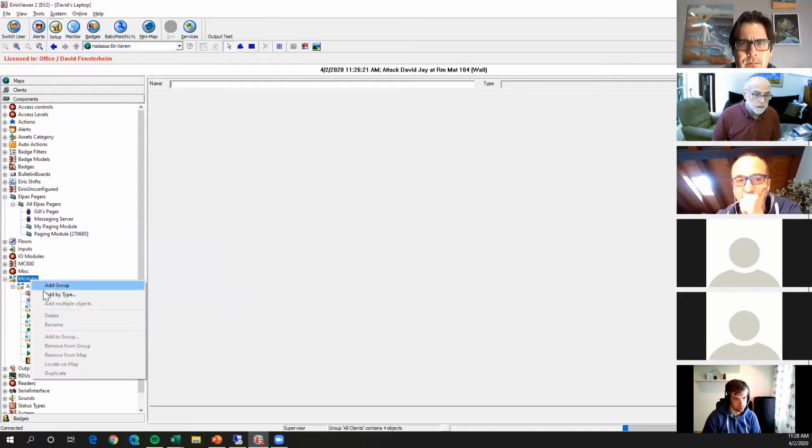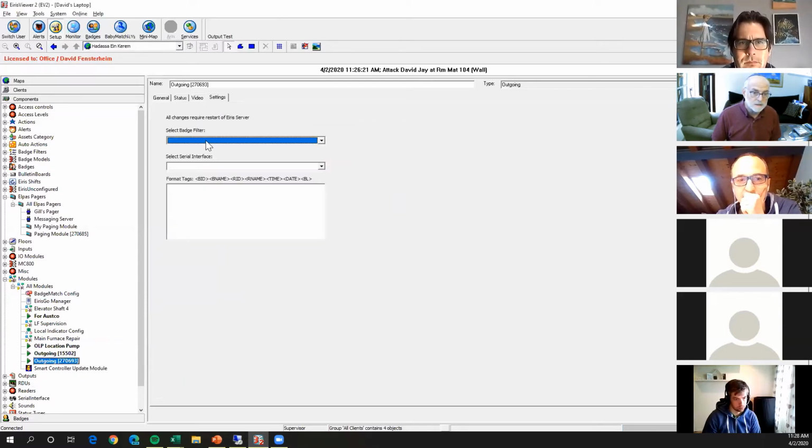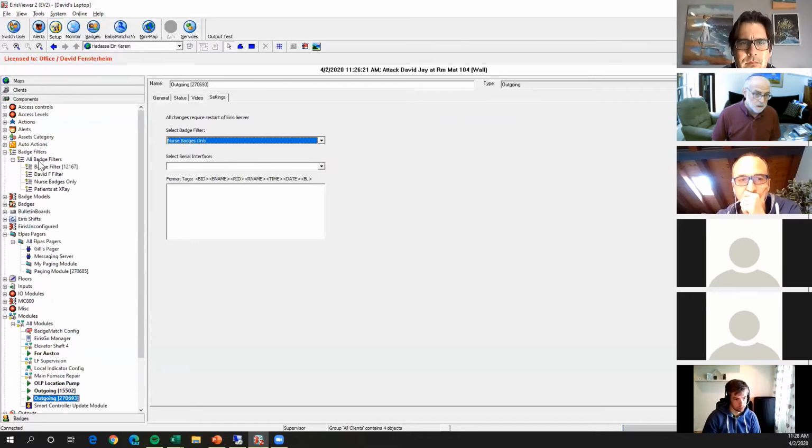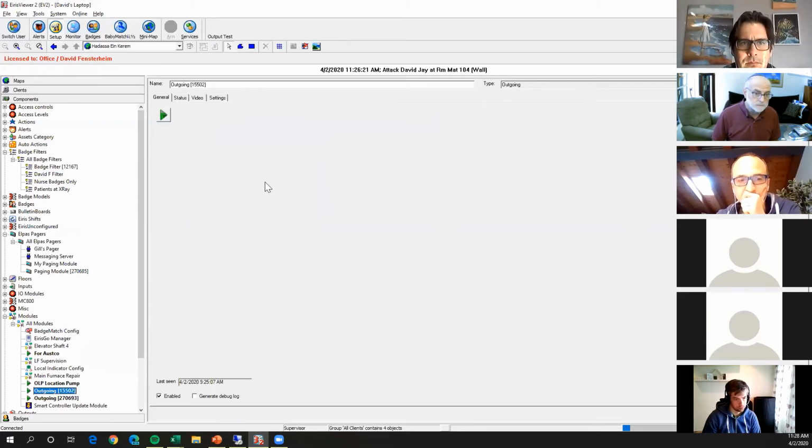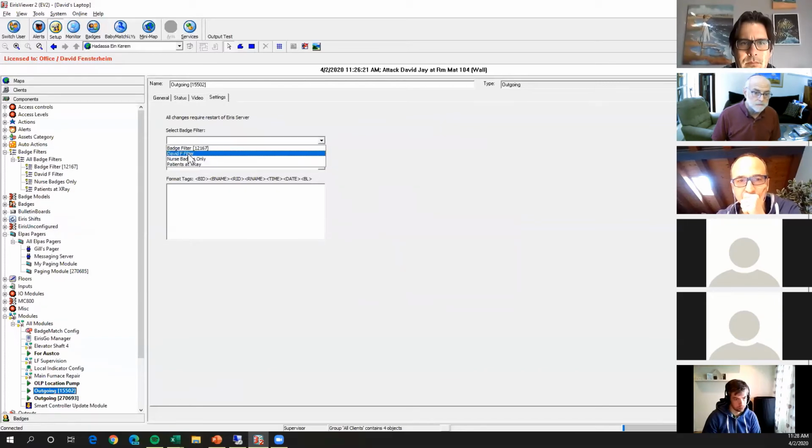Here we have, for OSCO, I can create another one, add by type, under modules, and I have outgoing. Right? So the settings of the outgoing is simply, I define a badge filter. Where do I define badge filters? Up here. You define a badge filter which says, okay, I've got certain badge groups. I select a badge group, reader group, status types, and I give it a name, David filter. And then when I go down to the outgoing, I can select the David filter, and it will only send the messages that comply with this filter,